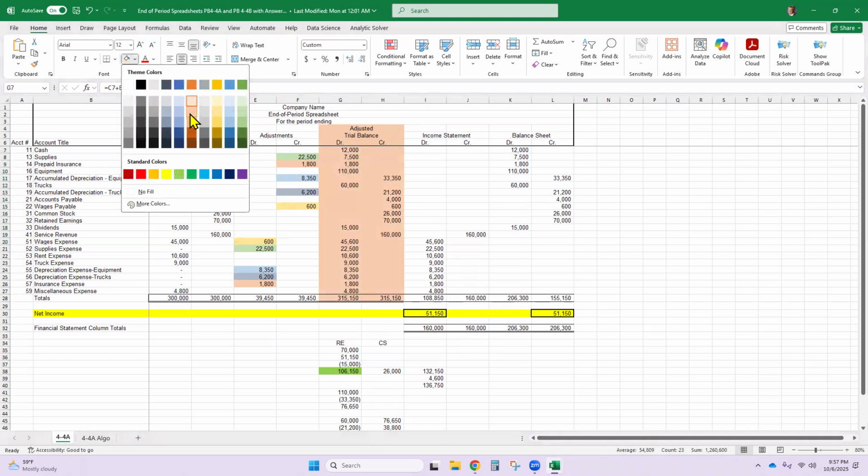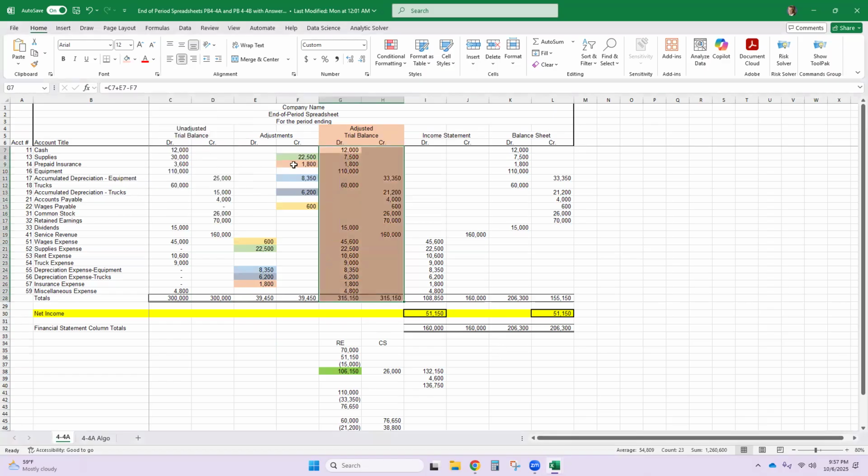If you use any others, it won't work. Okay, so let's just watch these real quick once again. Down went supplies, and we expensed it in supplies expense. And then down went prepaid insurance for the amount that expired. So we put that in an insurance expense. And then we recorded depreciation for the equipment as a debit, and the credit to accumulated depreciation, a debit to depreciation expense for trucks, a credit to accumulated depreciation for